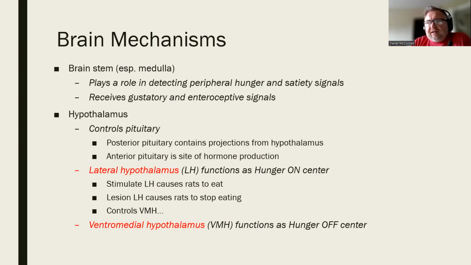At a higher brain level, the hypothalamus, we keep talking about that, right? We know the hypothalamus is connected to the pituitary gland. The pituitary gland is the master gland of the endocrine system. Here we see the posterior pituitary in particular is where we get input from the hypothalamus, whereas the anterior pituitary is where a lot of hormones are manufactured. Through that, the pituitary releases hormones, which then travel to peripheral organs of the body, either influencing our organs or influencing other glands of the endocrine system, whether it's the sex glands or the adrenal glands, to produce different hormones.